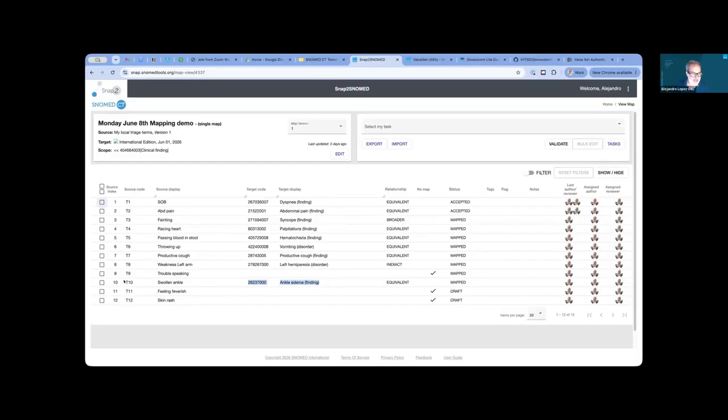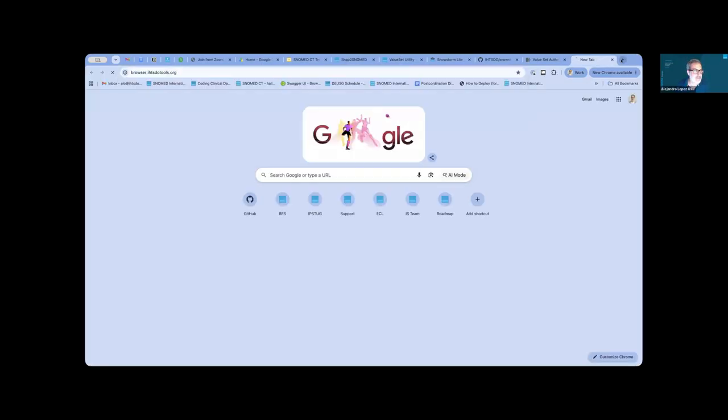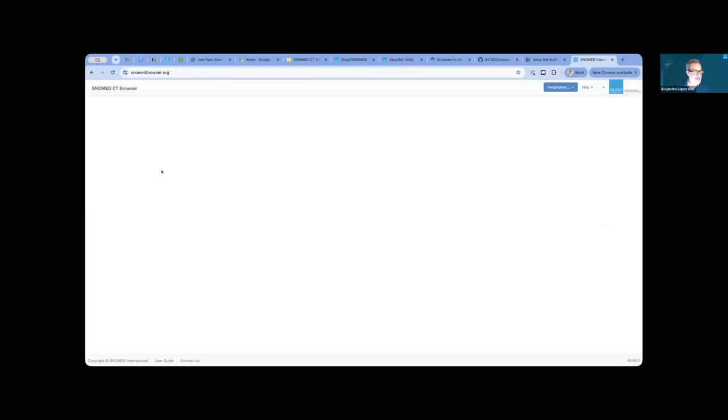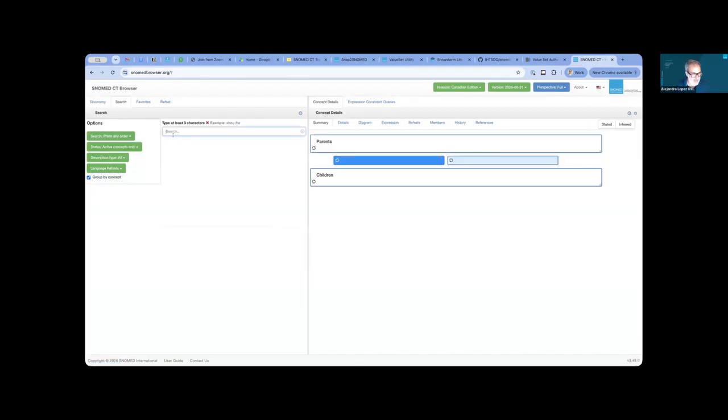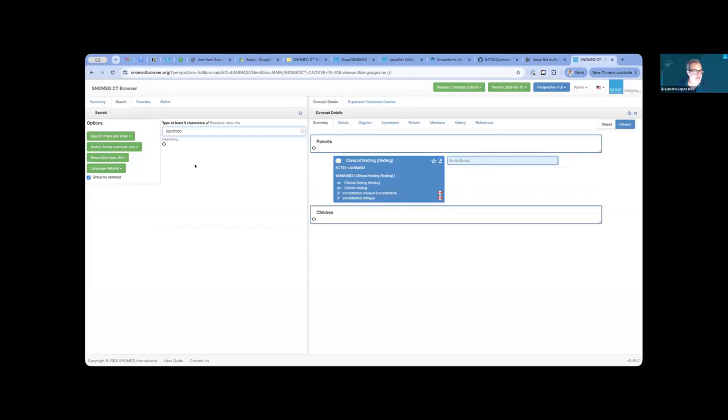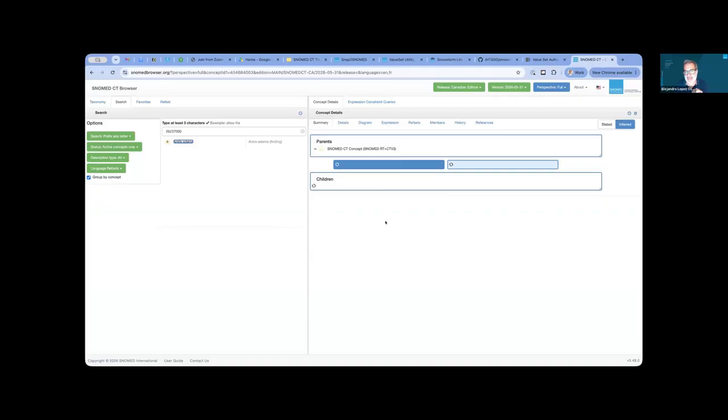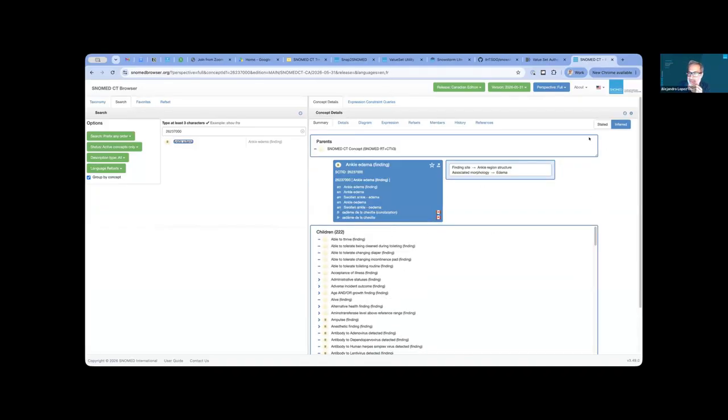So if in my system, I'm recording T10, if I'm my clinical database, I have a patient that has a value assigned of T10, now I know that T10 is actually ankle edema. And if I want to look ankle edema in the SNOMED browser, let's look at it in the Canadian edition, for example. I'm loading the free SNOMED browser, Canada, and I look for that concept ID, ankle edema. Having that code there opens the door for